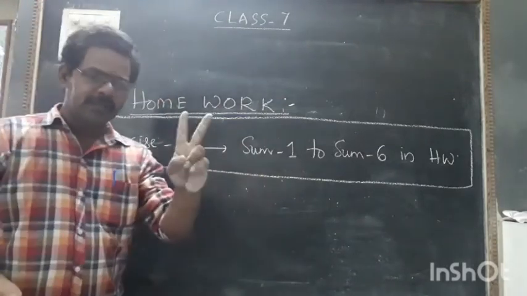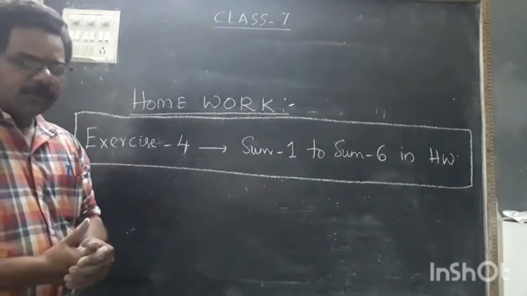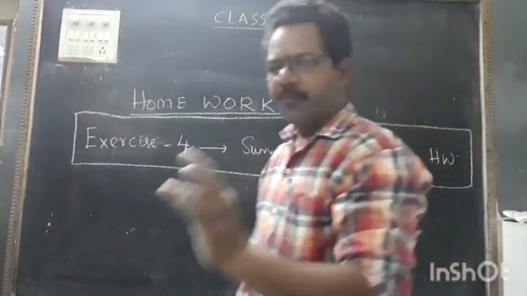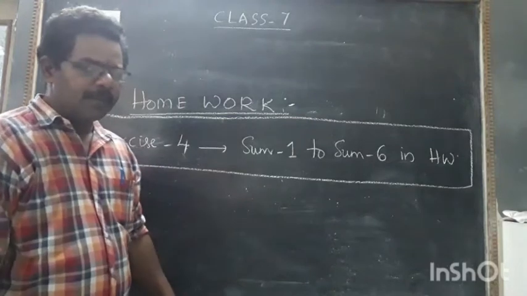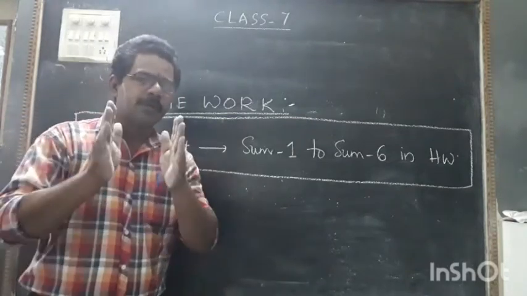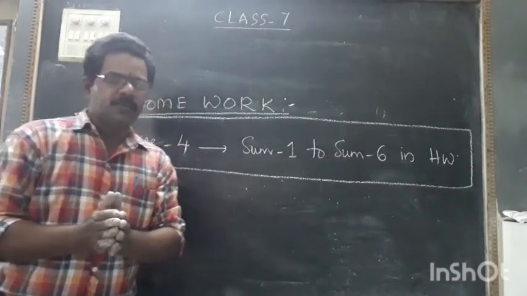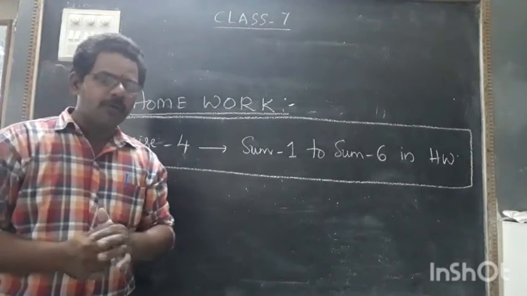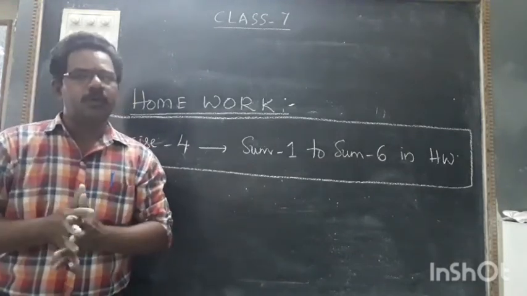We have 3 word problems. Those are story sums. Okay. The third sum, fourth sum, and fifth sum. Those are only the word sums, word problems. So for those word problems you have to write the working properly. First read the sum from the textbook or from the board I have given in the video, so that you read it down, and after that try to write the working on your own.